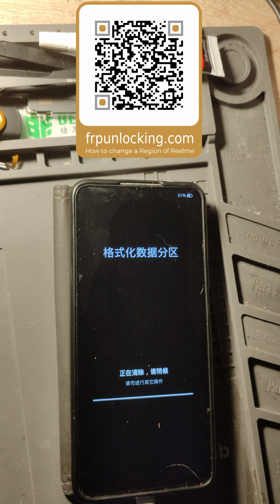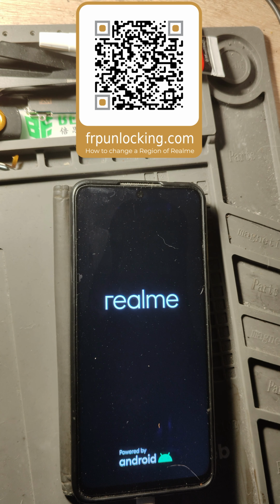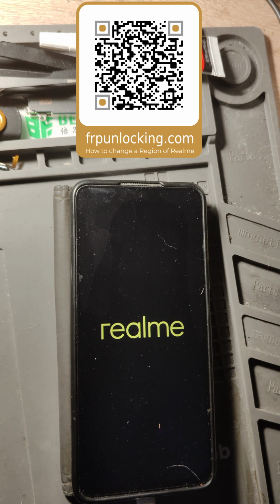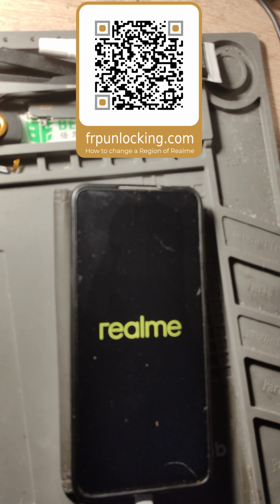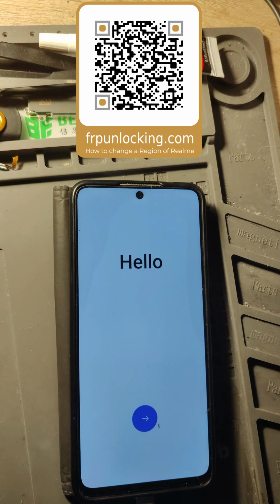Now we have erasing with China strings, but now it is erased and it will be configured with default settings. You can only switch region, or if you want, you can try to unlock the bootloader on the oldest India ROM or